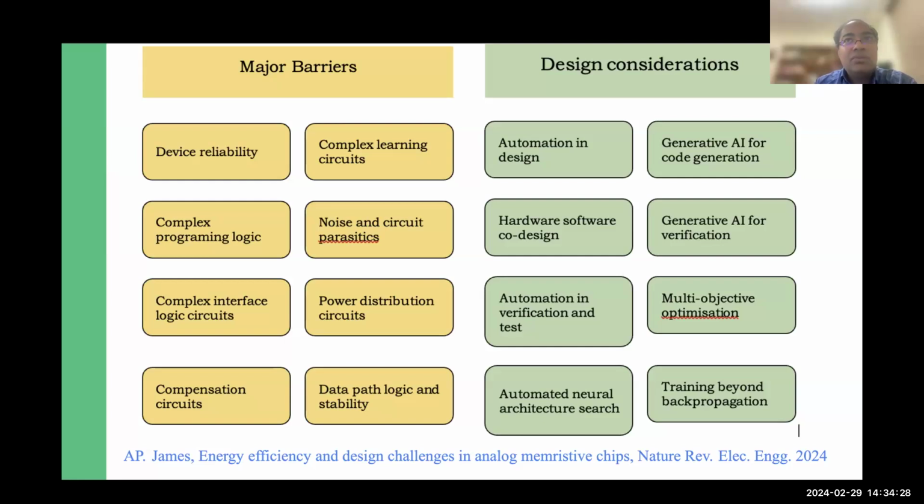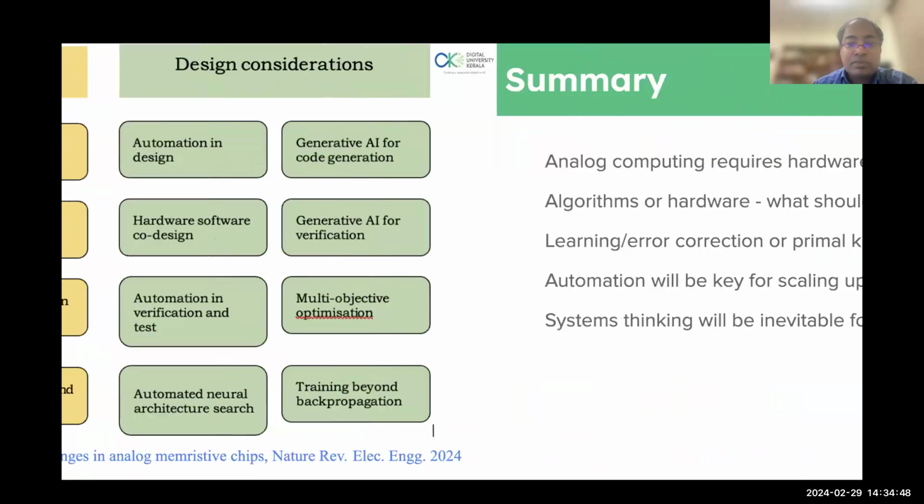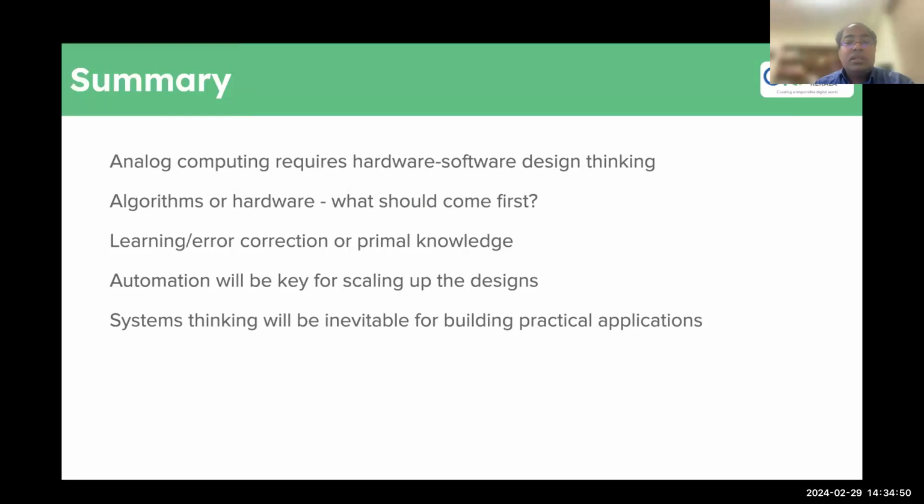Device reliability itself is being addressed in many different ways. For example, something like a super resolution crossbar, as mentioned previously, can help overcome many of those things. But when it comes to peripherals, the compensation that needs to go into those chips, they are all still quite interesting problems to work with. So in summary, these are some of the things that we need to think about in this area. One being not just implementing the neural networks from an algorithmic perspective, but also thinking about building the right kind of chips for the right kind of algorithms.